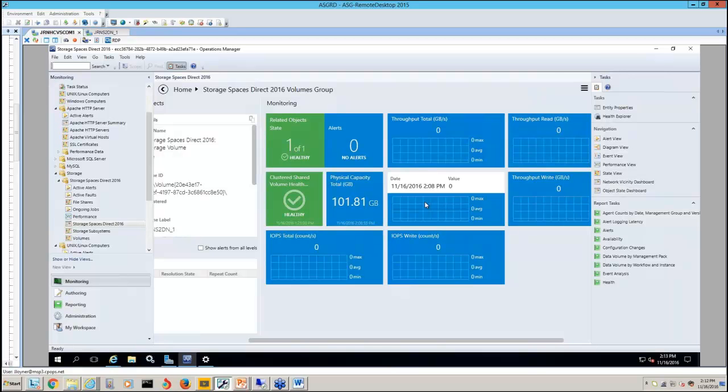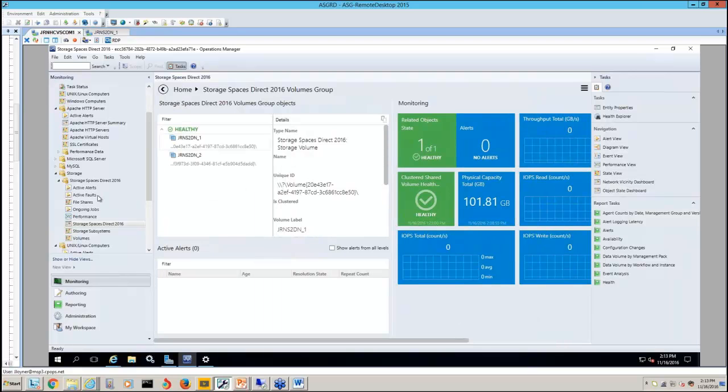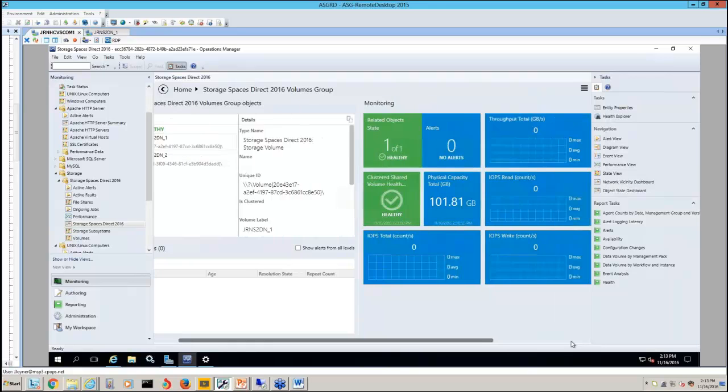And I applaud Microsoft for making IOPS the focus of the health of the storage volumes, because that is in fact, in our experience, the single most telling metric on whether you're meeting your storage requirements or not. So I'm very pleased that Microsoft has not only released the Storage Spaces Direct management pack at the same time as Windows Server 2016, but they've also showcased their best